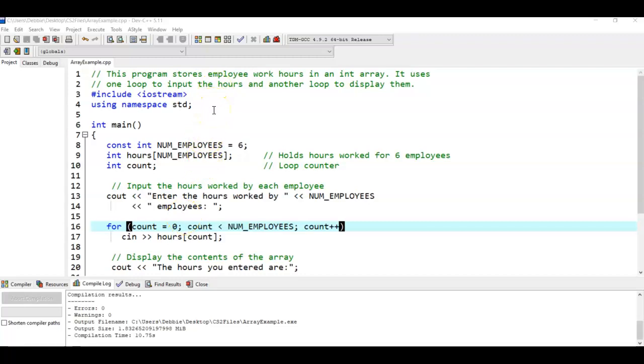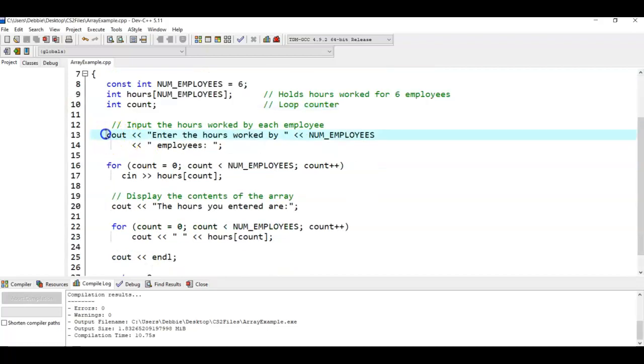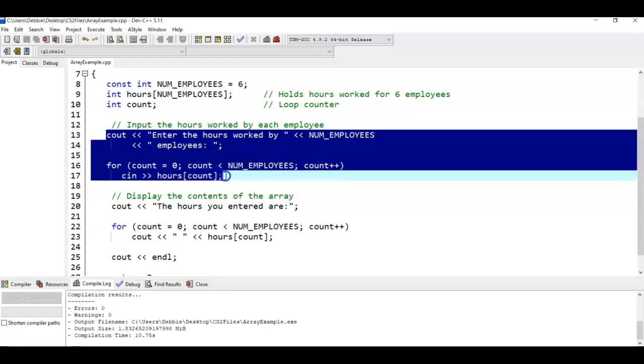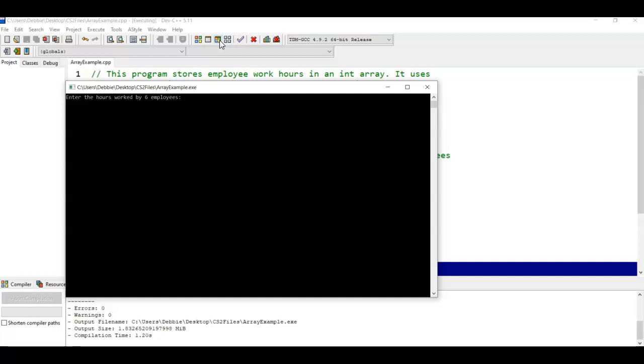Okay, so in this example, I'm going to take a simple program with an array. And right now, you can see there's 6 elements in the array. We ask the hours worked by 6 employees, and we read that in a for loop, and then we display it back out. So our input data comes from the user. So I'm just going to put in 10, 20, 30, 40, 50, 60,